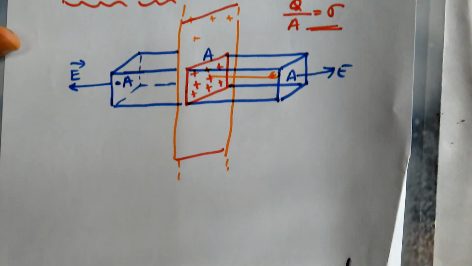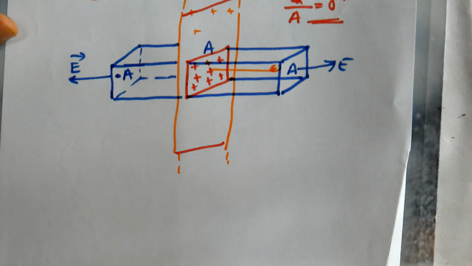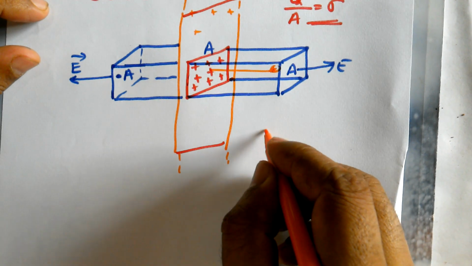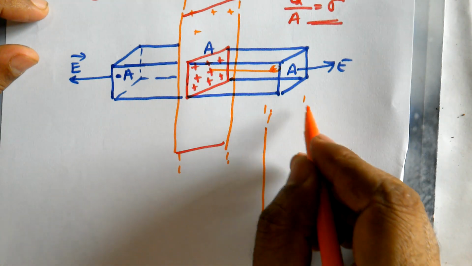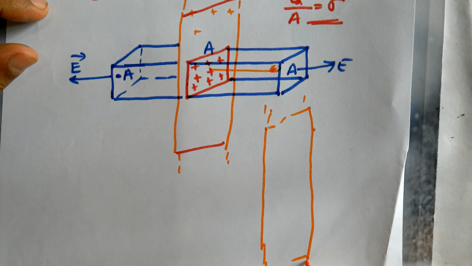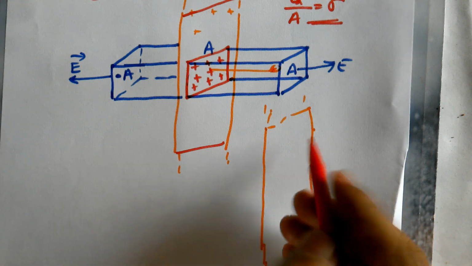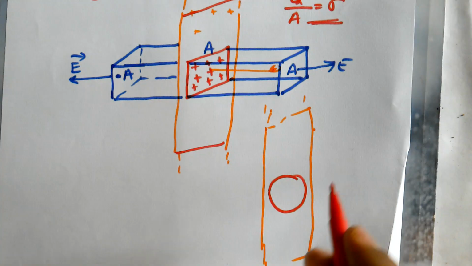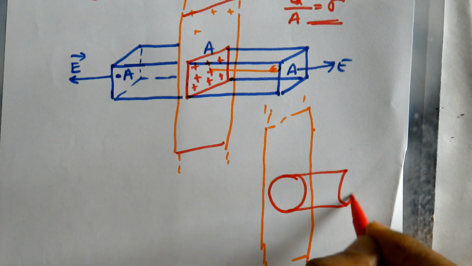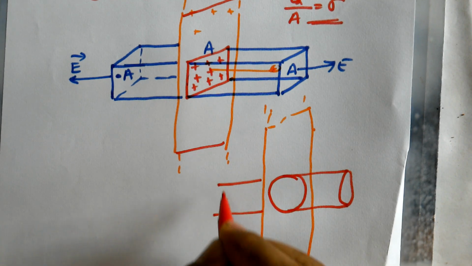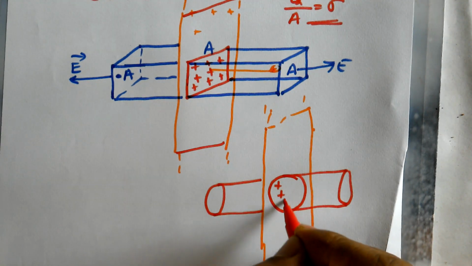Again, you need not consider a rectangular box like this. You can consider a cylinder also. If you take the infinitely long sheet of very large area with charges distributed everywhere, you consider only a circular area around it, because any area will do. Area won't come into the final formula at all. So now imagine a cylinder like this, passing through this charged sheet and coming out here. This will also do, similar to this box.